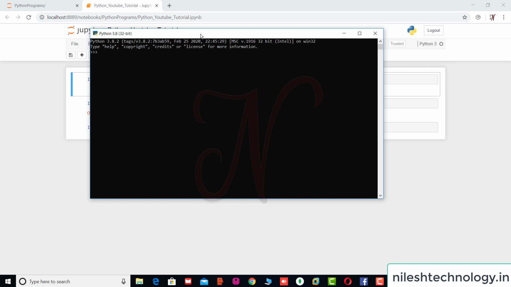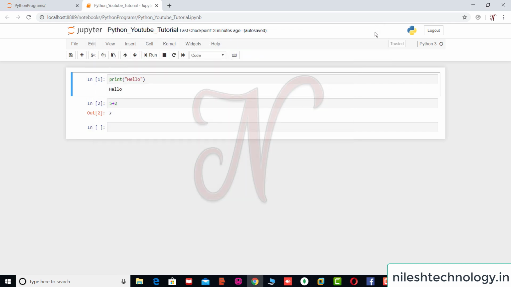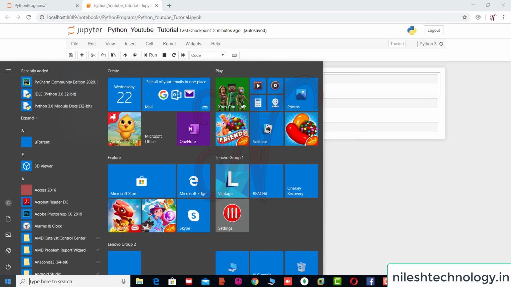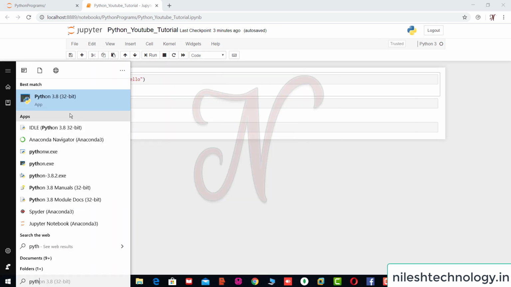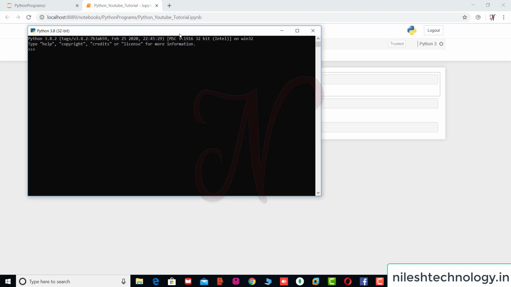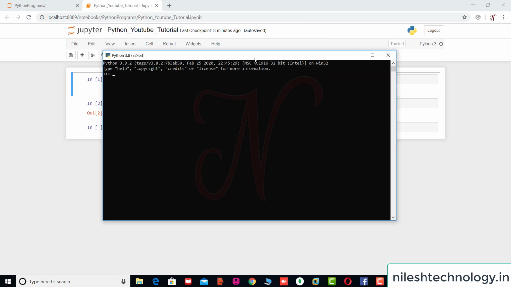See here, I can click the print hello. And this is the 5 plus 2, 7, and if you close this window and open it next time, see here, this window opens fresh. All the previous commands will not be saved in any temporary file.